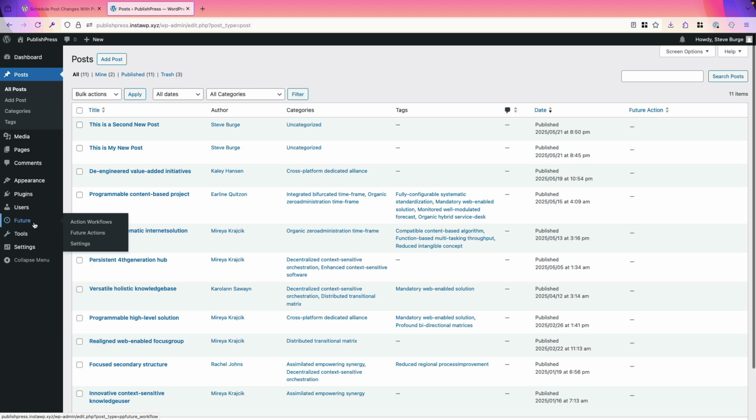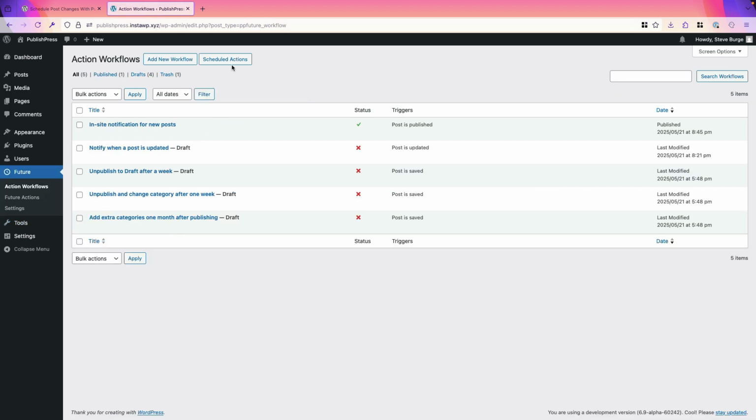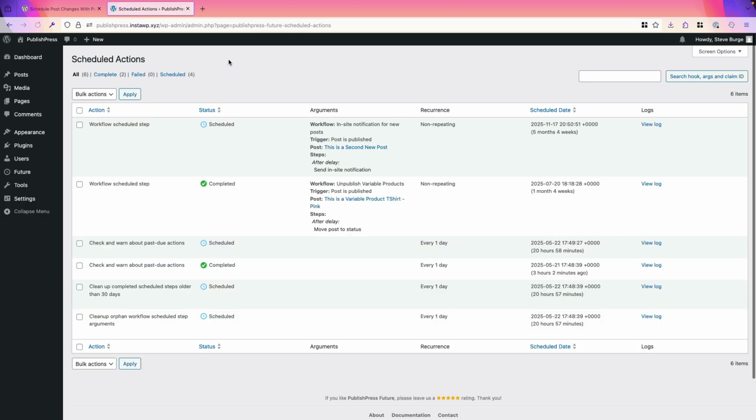And inside Future, there is a feature called Scheduled Actions. And this is going to show you all of the content changes that are scheduled. This is a workflow process that is scheduled for the new post I've just written, and it's scheduled for just about 180 days' time. I can skip the 180 days. I can run it right now. I'm going to run this workflow,